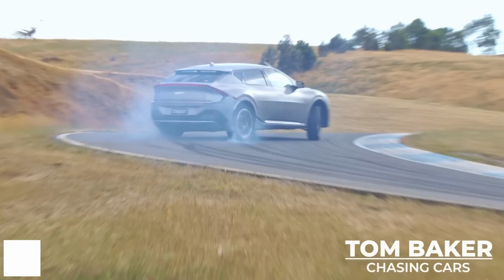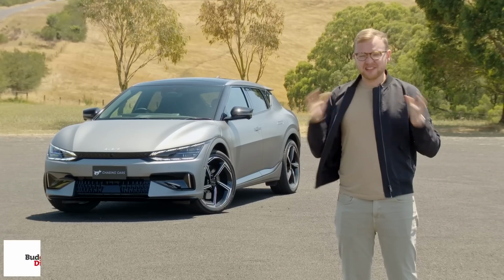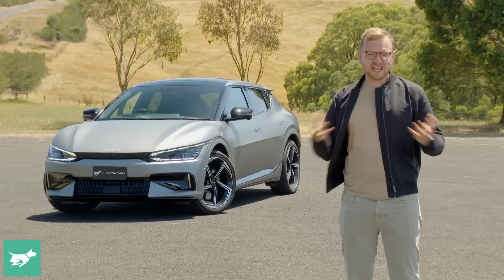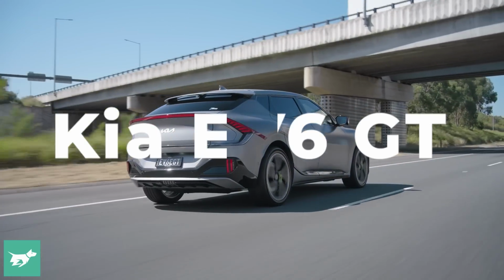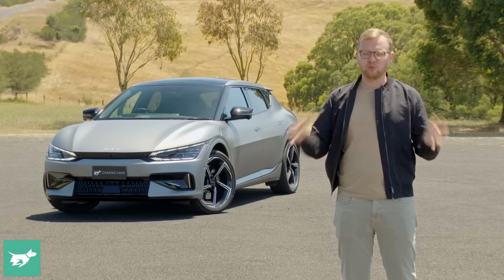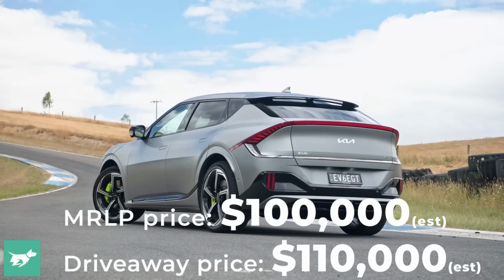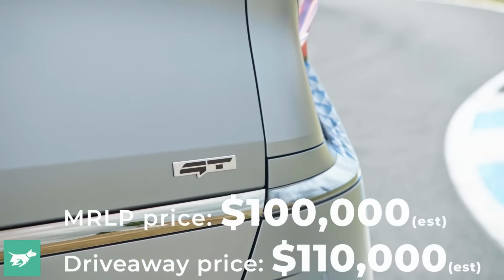The Kia EV6 is one of our favorite electric cars here on Chasing Cars, and that's because, like the Porsche Taycan, the EV6 actually doesn't make a big deal about being electric, despite its name. It's actually just really good to drive no matter what fuels it. Now, this one is the top of the tree, the EV6 GT, which has just landed in Australia this week